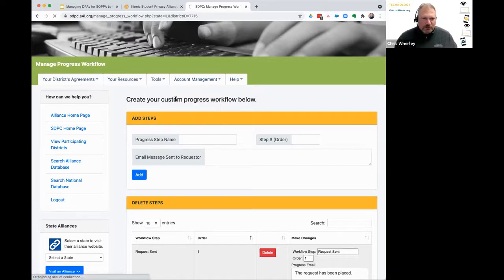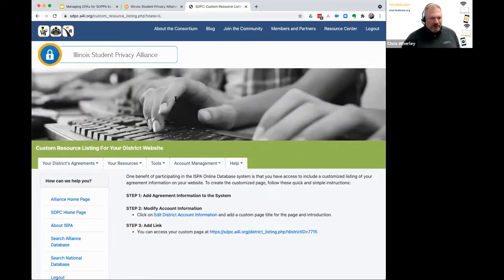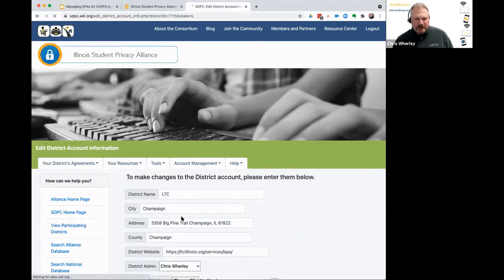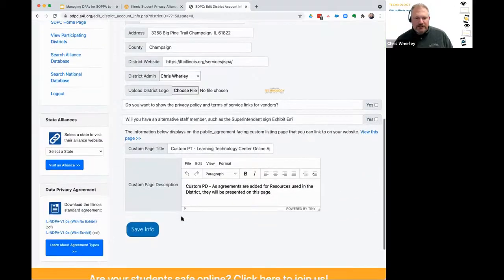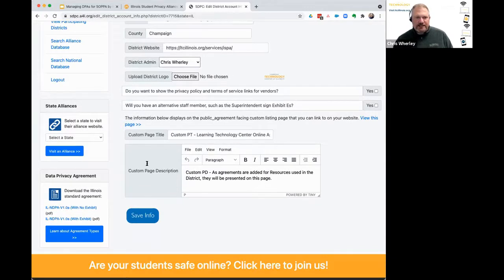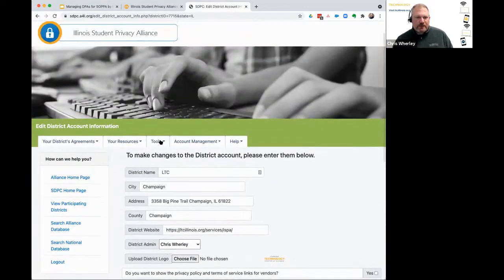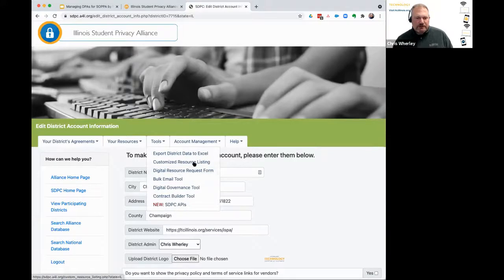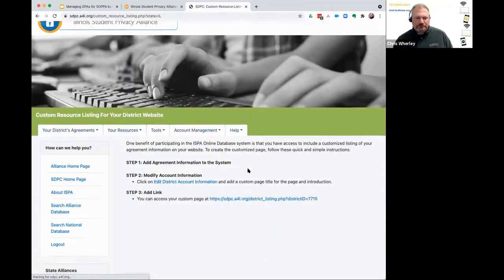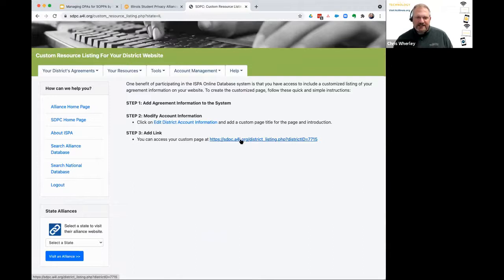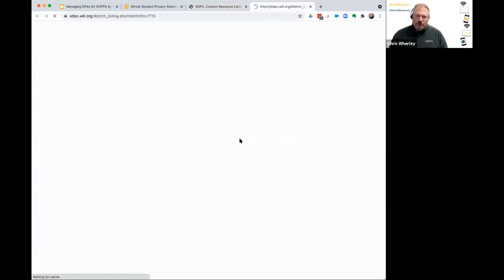The customized resource listing. So this is kind of beginning with the end in mind. As I mentioned before, the custom page title and the description, that information can be entered two different ways, but this is the important piece for what I'm talking about right now: the custom page title and the custom page description. So under tools, if you go to custom resource listing, step 3, this is the link that will show you